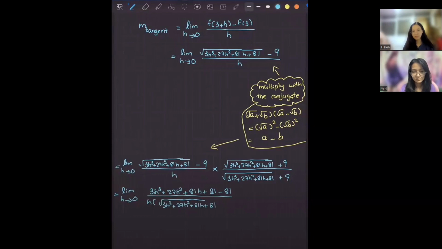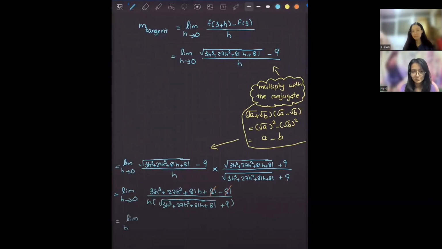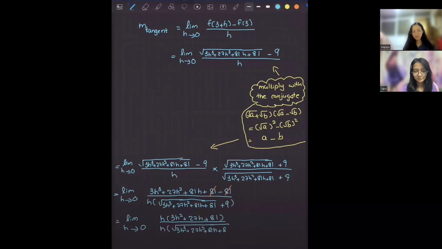And now we can already see that we can cross out 81. And after crossing out 81, we automatically know that we will also have to cross out h so that we can substitute 0 in our function. So we'll be taking out h so that we can cross out just like this, and then we will be crossing out h. Now we can substitute 0 because our function is approaching 0. Substitute 0 in the place of h,